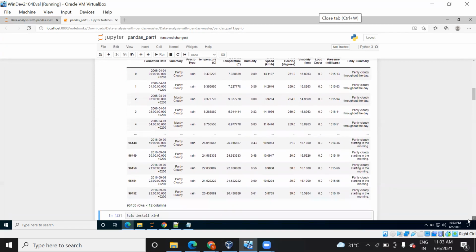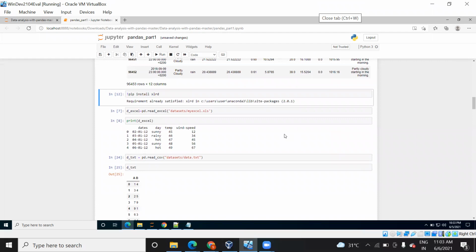Now let's see how you can read the Excel data. In order to read the Excel data, make sure that you install this library, XLRD. In my system, the requirement is already satisfied, but I am going to run this and show you how you can install it. You just need to write an exclamation sign, pip install XLRD, to install the Excel library.